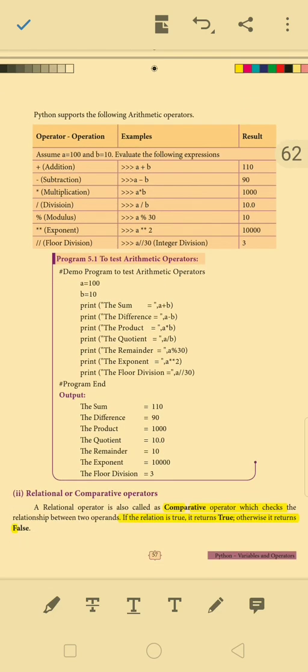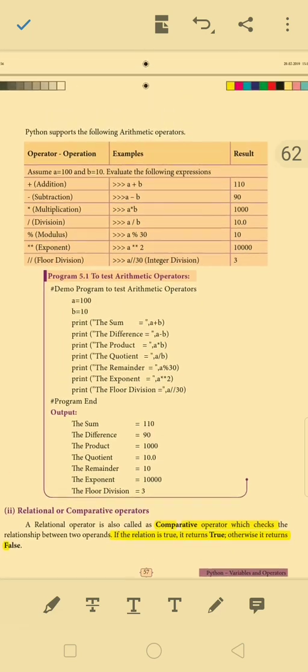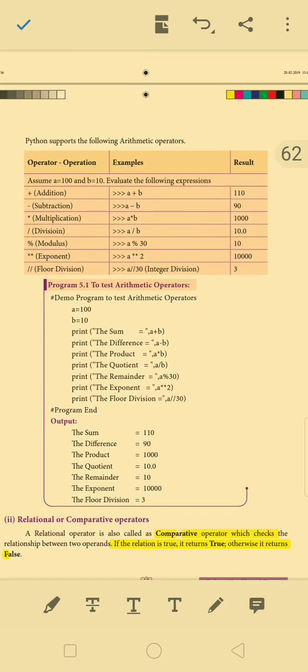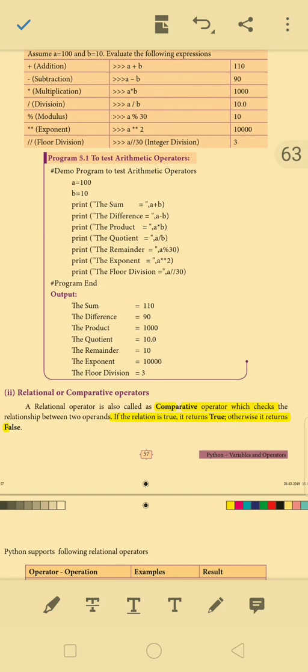See the example. First example shows the Python prompt. So if the Python prompt appears, definitely the program is run in the interactive window. Then the second one is the script window. You can write any one example as you wish, whether it's an interactive mode example or a script mode programming example.